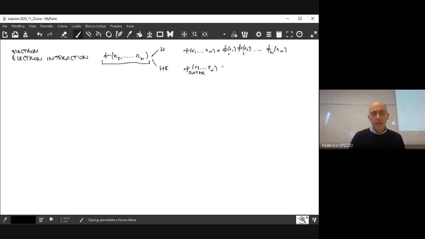So in this situation, you have a new expression for the wave function, and that includes the antisymmetry of the system. And in this case, if you apply the Hamiltonian to this wave function to find the expectation value of the energy, what we find is that